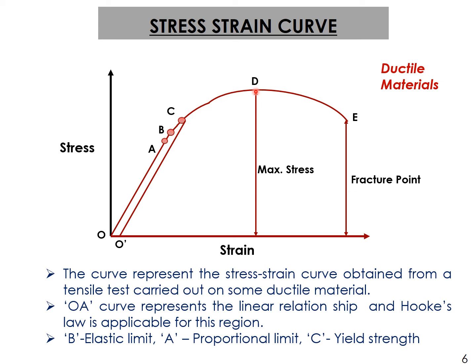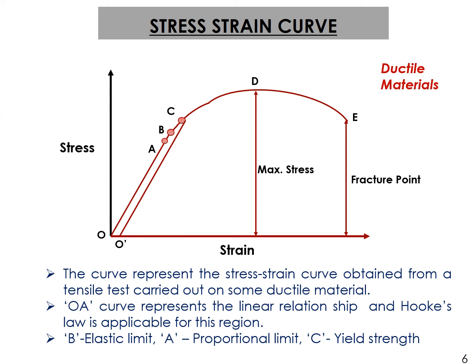Now, as I told you, the stress strain curve is for a ductile material, and with the load, the diameter of the ductile material starts decreasing rapidly. Beyond this maximum load, point D, the load needed to cause deformation drops off. It comes down to point E, and at this point the material will fail. That's called the failure point or fracture point. So this is a stress strain diagram for a ductile material.